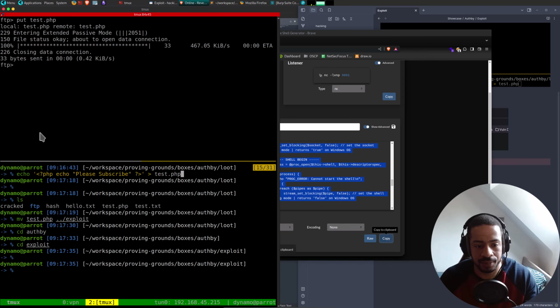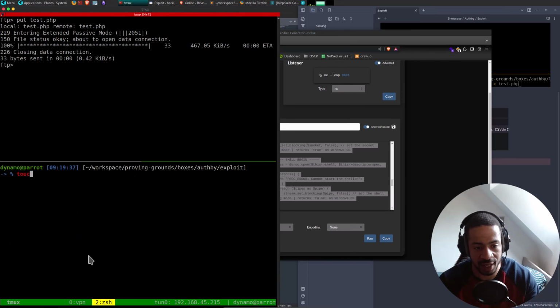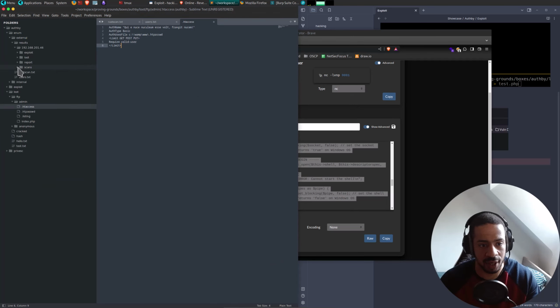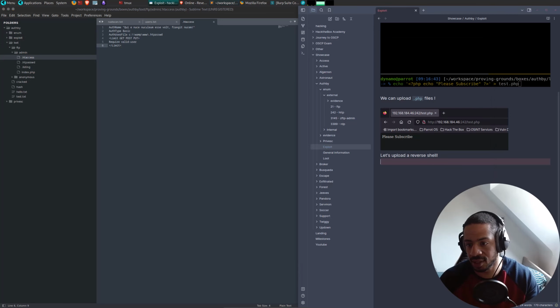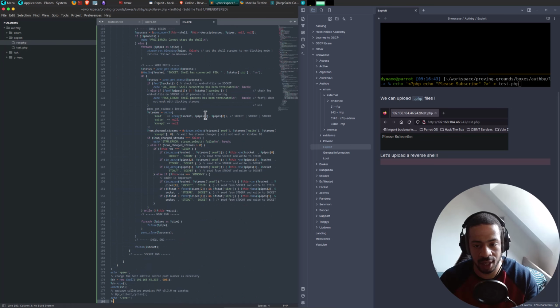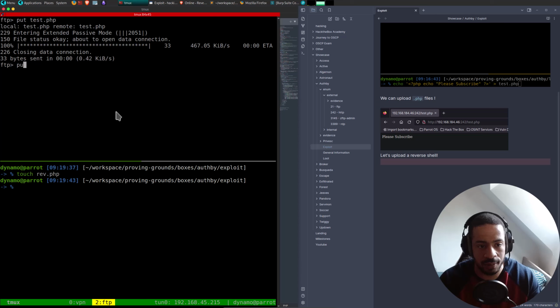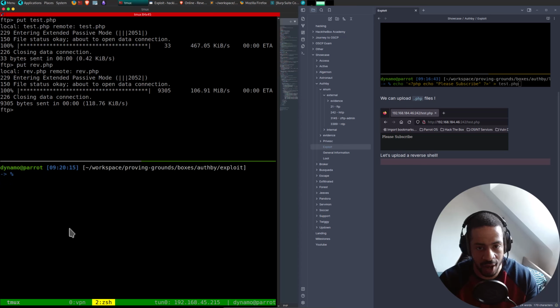Yeah, that's all good. And then let's say touch rev.php. Let's go into my notes. I can collapse all of this, collapse all of that, and collapse this, collapse that, and go to exploit rev.php, paste that all here, and try to upload it. Put rev.php, and we should now